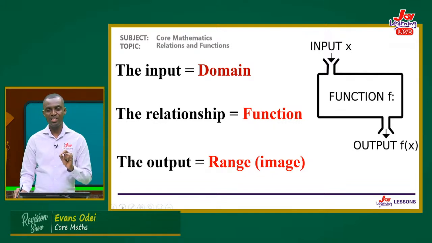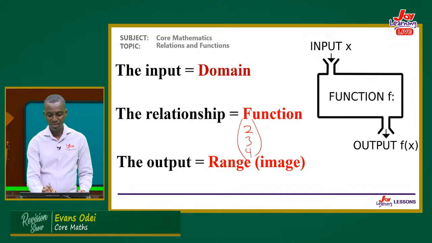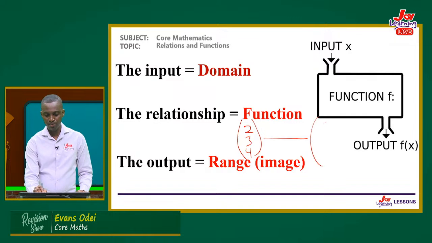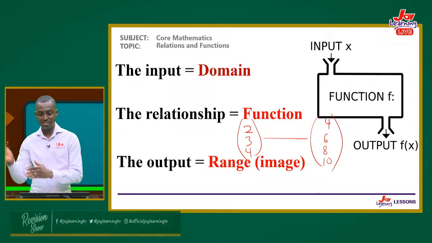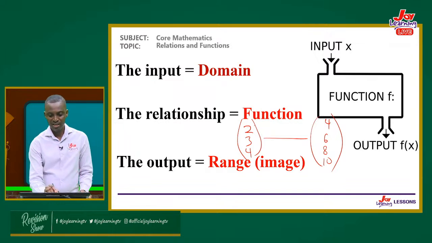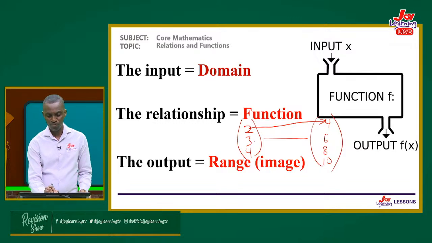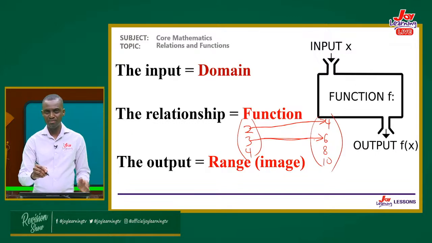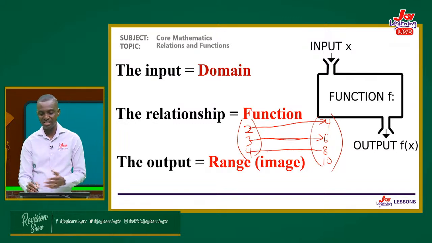Okay, now initially we were talking about codomain and domain. Let me quickly explain that. If I have 2, 3, 4 in the set called the domain, and I have 4, 6, 8, 10 as my other set, which I will call the codomain. I can relate 2 to 4, meaning 2 times 2 is 4. 3 can relate to 6, meaning 2 times 3 is 6. 4 can relate to 8, meaning 4 times 2 is 8. But then there's no